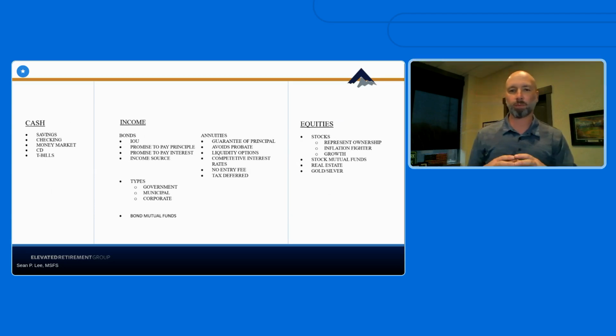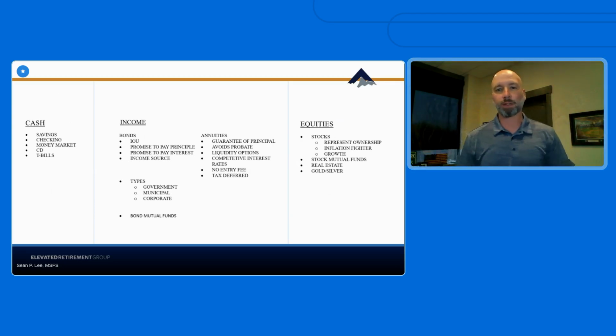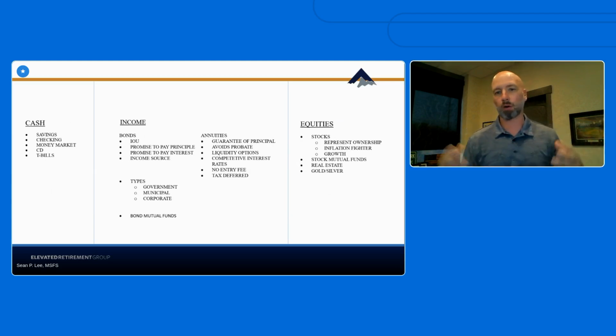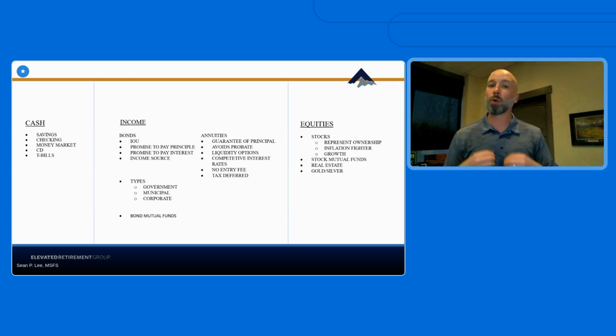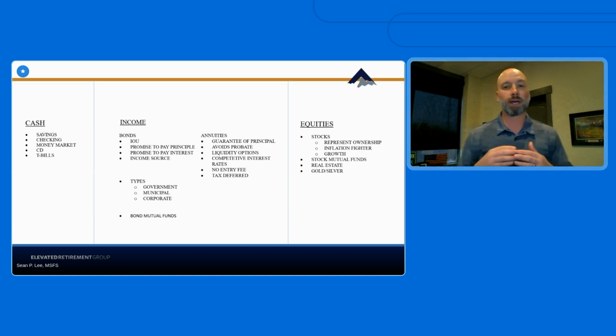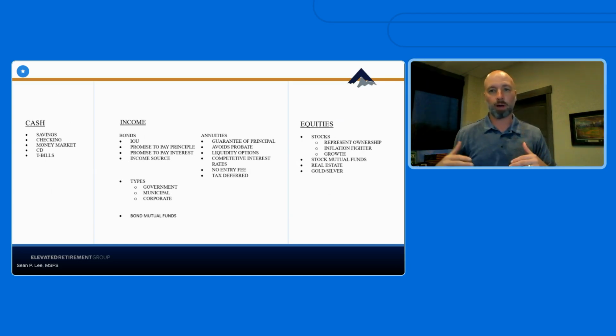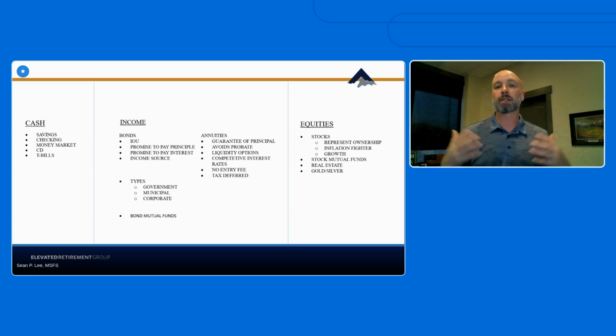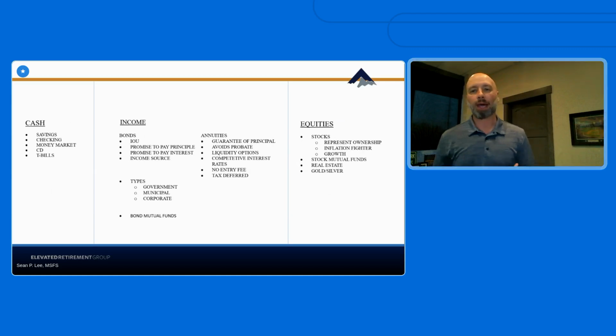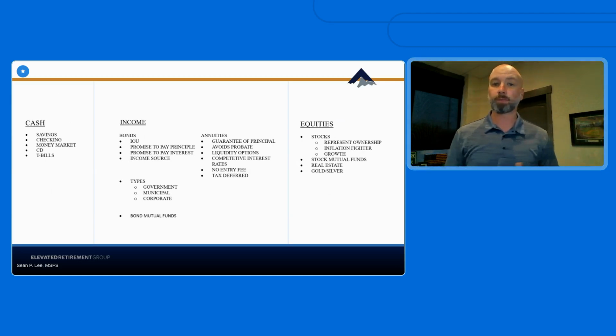One of the most widely known companies when it comes to stocks right now is Tesla. Elon Musk is all over the news. Tesla is kind of a cool car, cool story. But if I went out and bought one share of Tesla, I was an owner in that company. And so if Tesla's stock price continues to go up, that's great. I get to see growth in that share of stock. And because stocks have historically outpaced inflation, it can be seen as an inflation fighter for you.